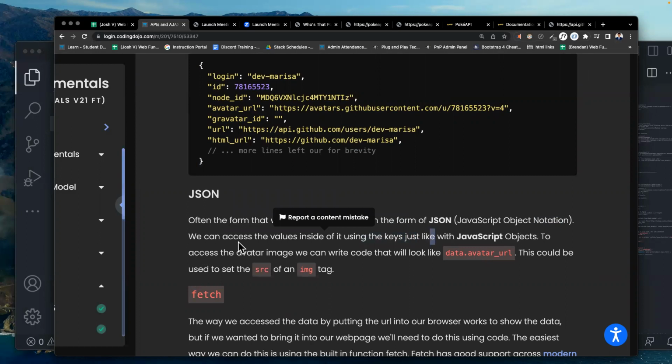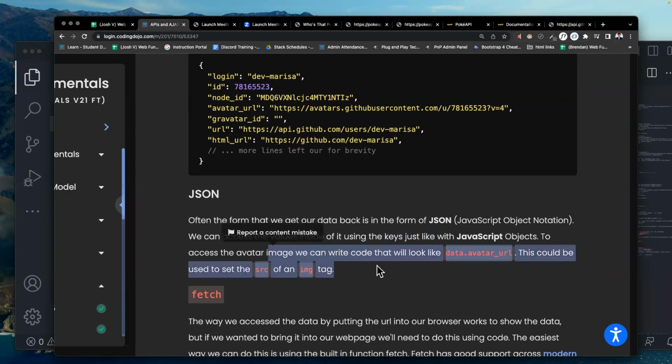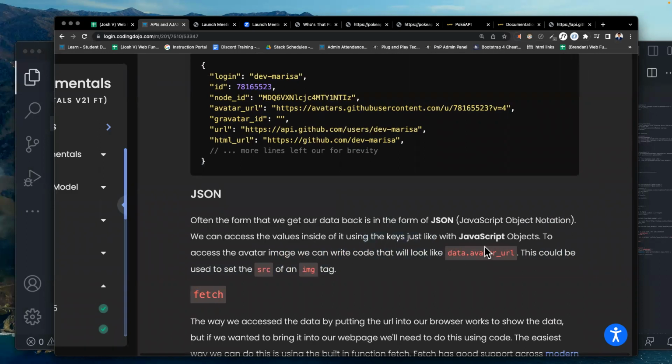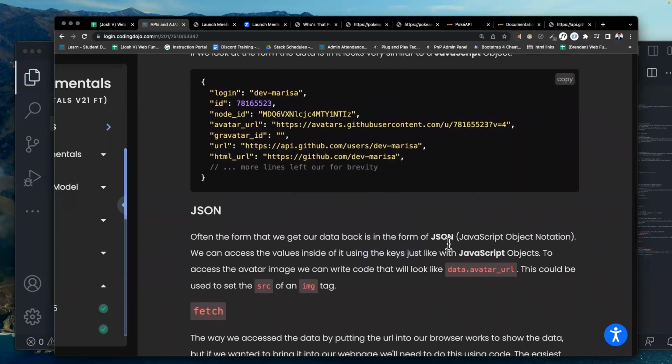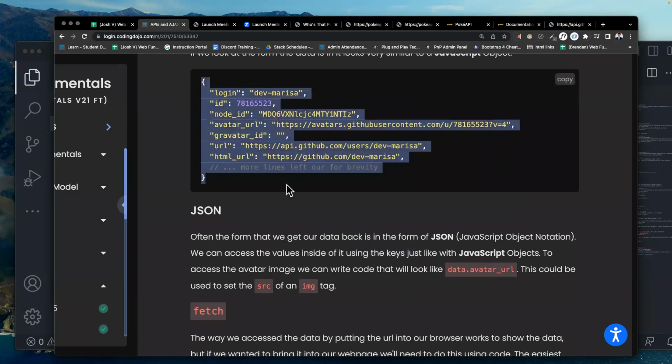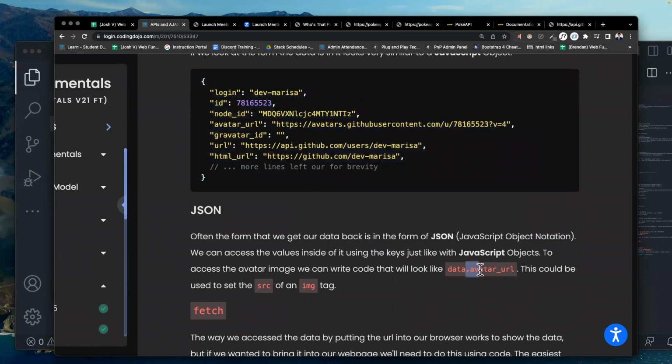Okay. To access the avatar image, we can write code that will look like data.avatar_url. So we have to call this API call, this information, something, and then we say .avatar_url. That's going to give us this key, which is going to give us this value. And as you can see, this value is also another URL.